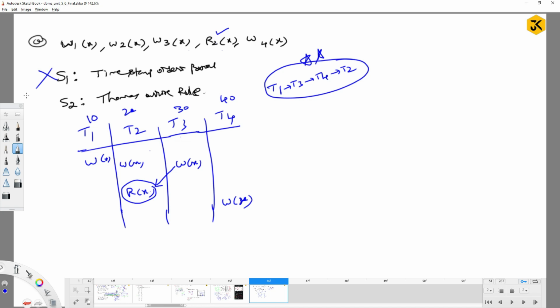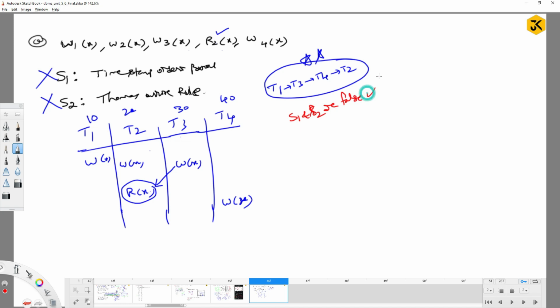Coming to S2, is it the Thomas Write Rule? Is the given set of transactions following the Thomas Write Rule? Again, it is no. Why is it no? The Thomas Write Rule says simply that when there are write-write conflicts, you can just ignore them. That's it. But it does not define anything specifically about write followed by read operations. So it is not going to come under Thomas Write either. So both options S1 and S2